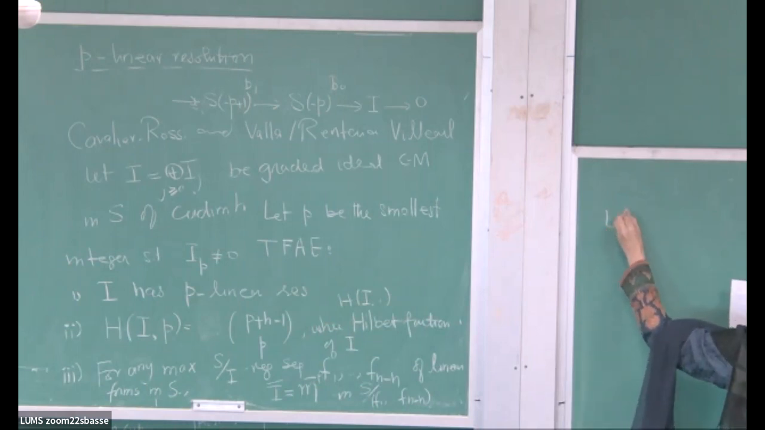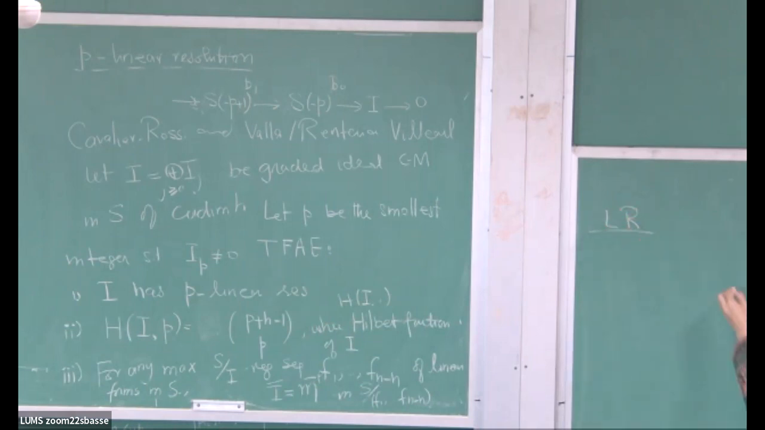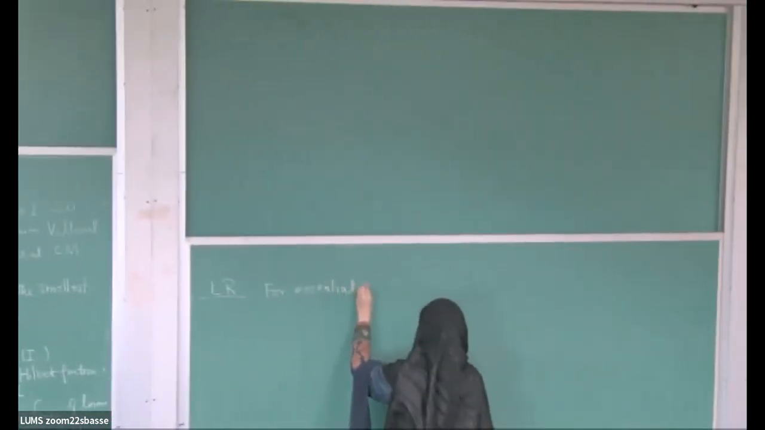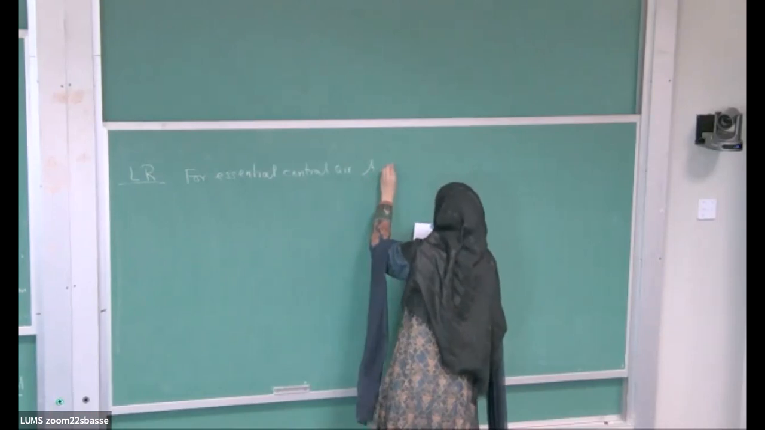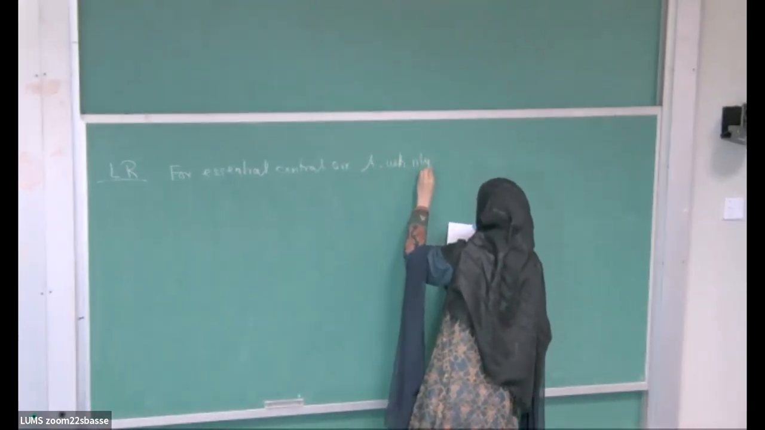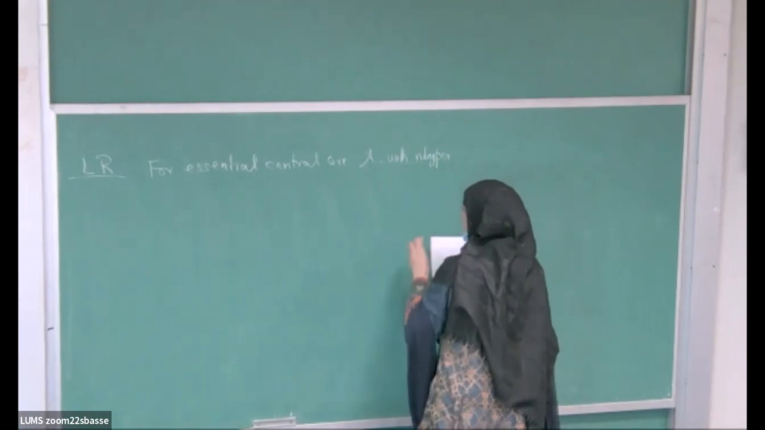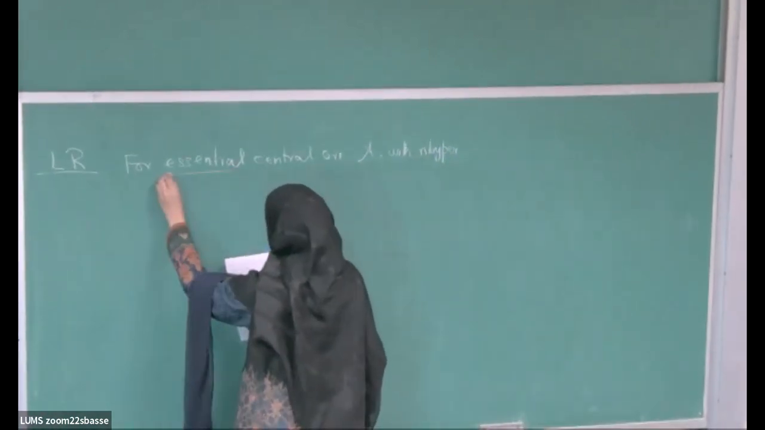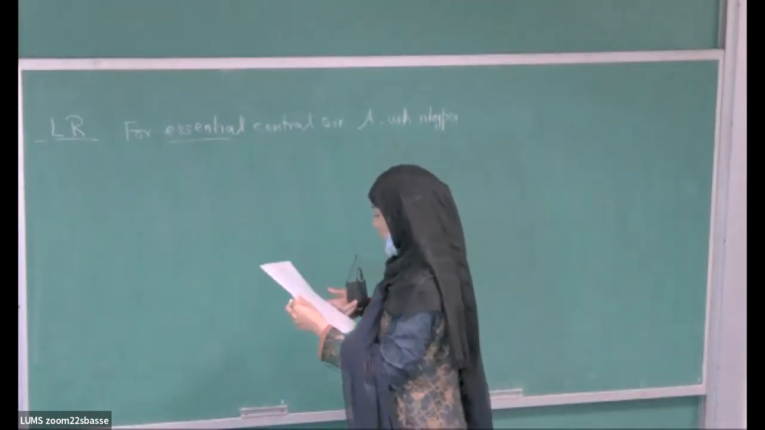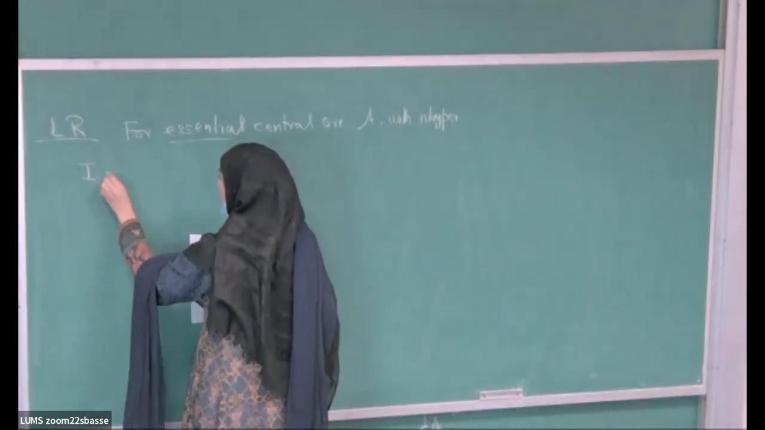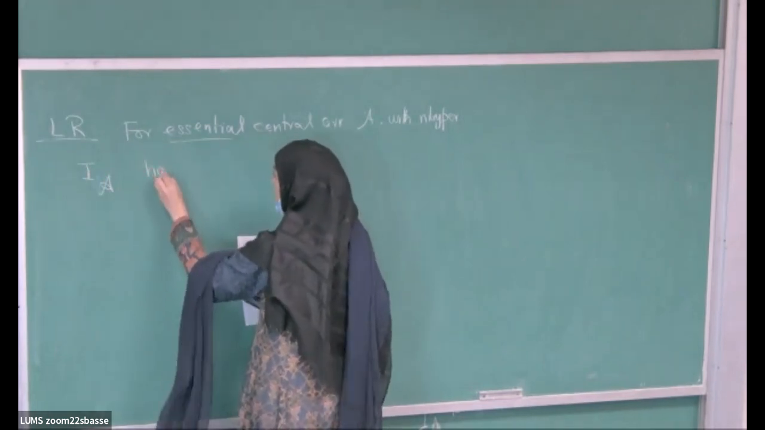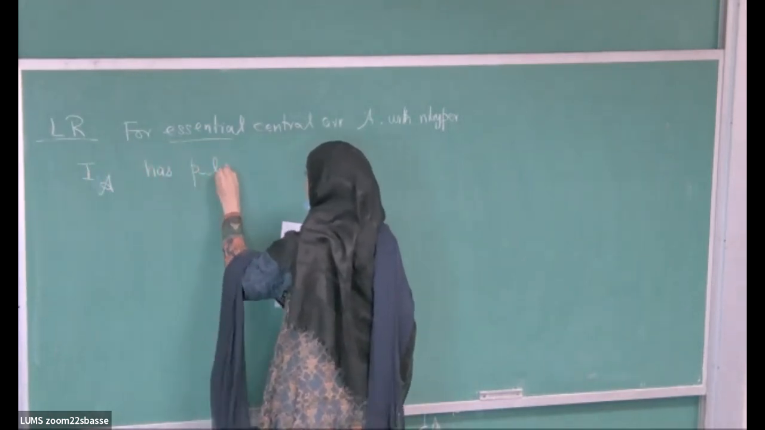So this is by Abe and Numan. So for an essential central arrangement with n hyperplanes, so essential means that the dimension is the same as the rank of the arrangement, right? So in this case, the Orlik-Terao ideal has P linear resolution